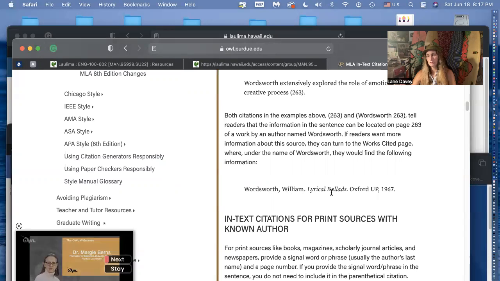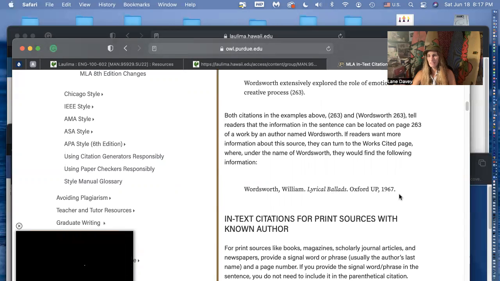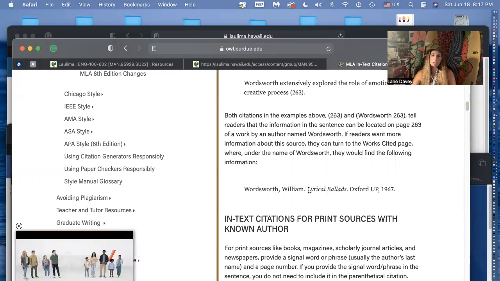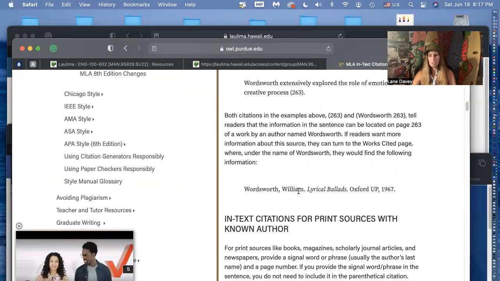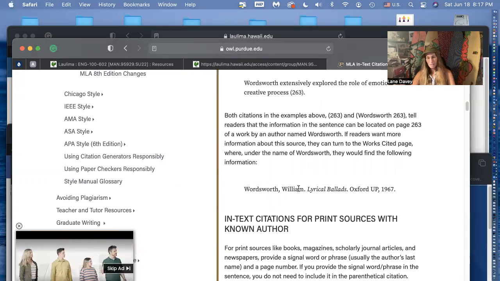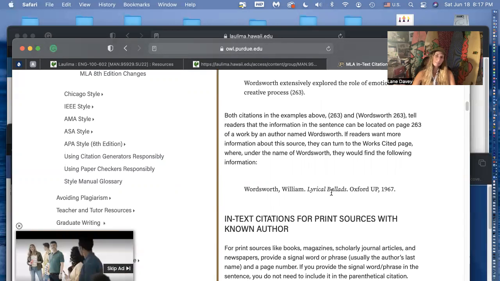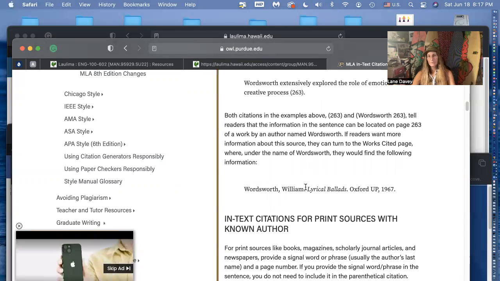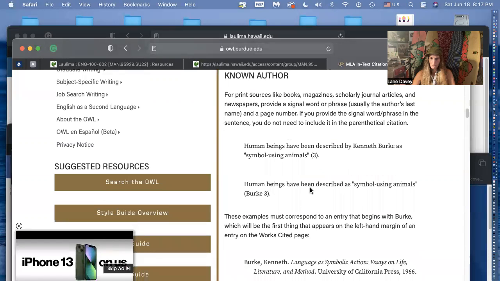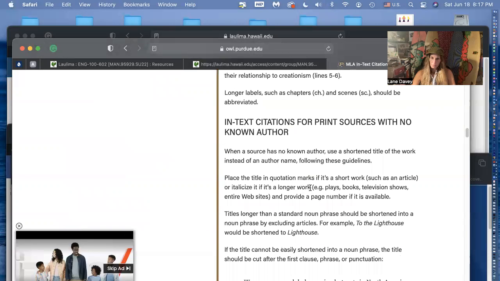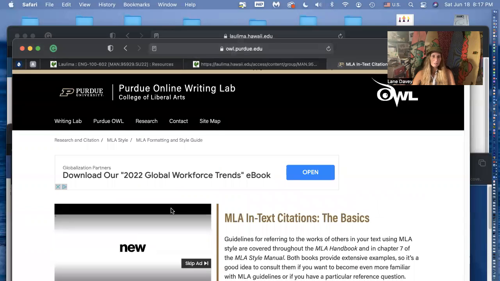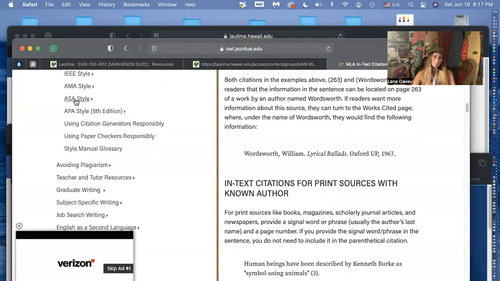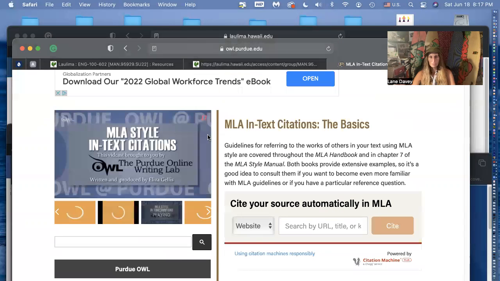Wordsworth, William, Lyrical Ballads. That's the container. All the containers should be italicized, date, period. The chapter, so the book, this is the book. The chapter in the book is in quotations. So this could be a website, a journal, whatever. The container is what it's in. So if you have a chapter in a book, if you have an article in a website, that's in quotations. But you can use other academic styles and they're all in here too, right? Different ones, whatever you choose.